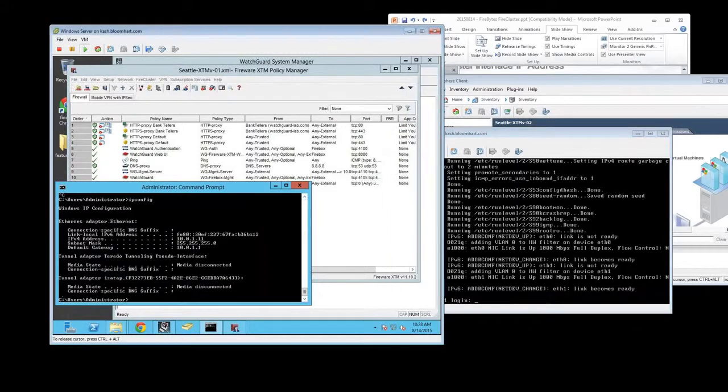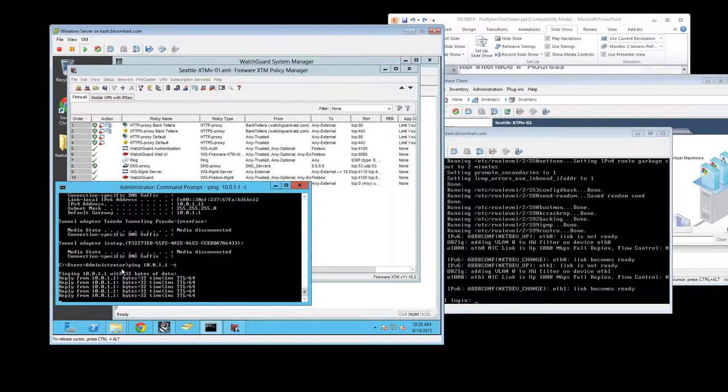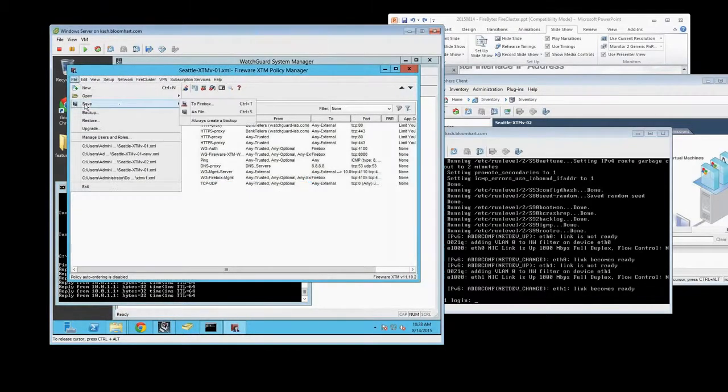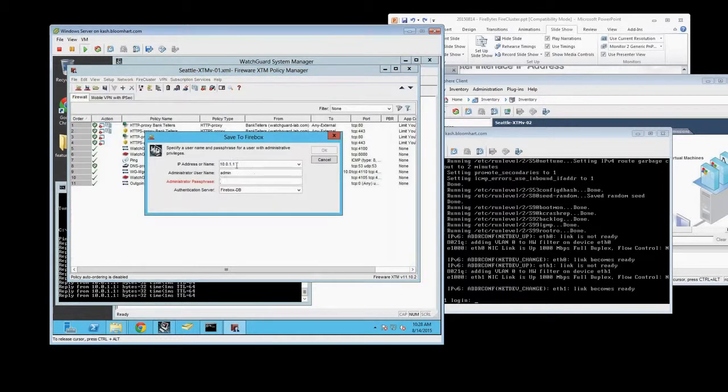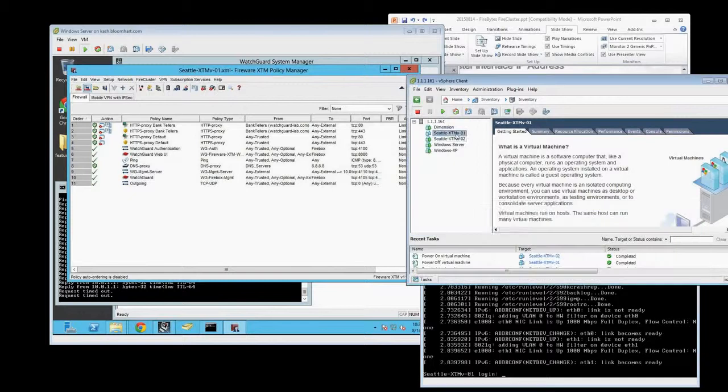So from here, I want to make sure I have the right IP address and that my firewall is alive. We see here it's alive. Now I take my secondary config and save to Firebox. If I had a different IP address, I could put it in there. I'm going to type in a password, and it's going to upload that configuration. So now that the identical policy resides on both firewalls, I can bring up my primary firewall, power on,